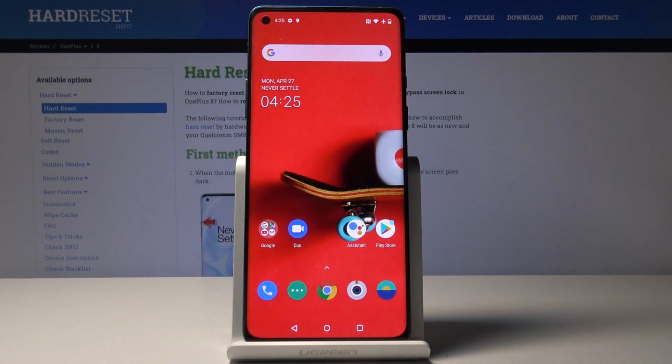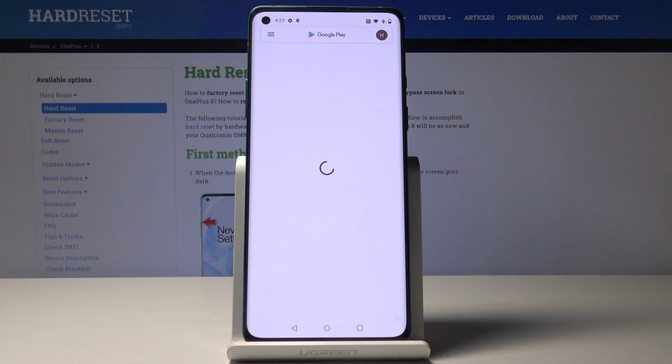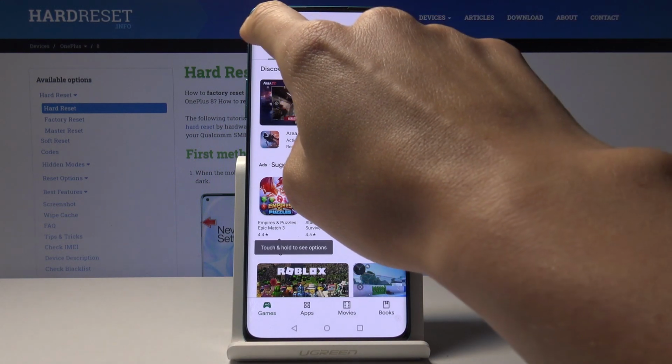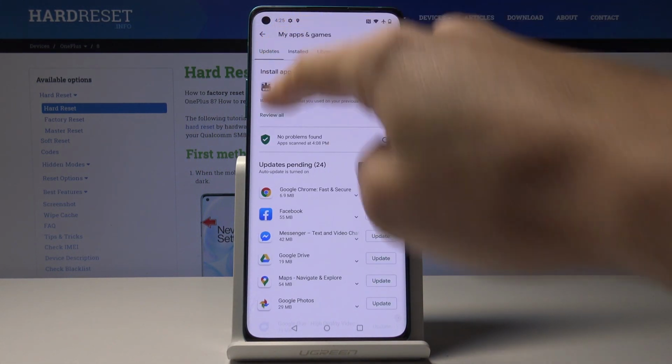Here I've got OnePlus 8 and let me show you how to update applications on the following device. So at first you have to open your Play Store, then click on the More icon, go to My Apps and Games, and here under Updates you will find all